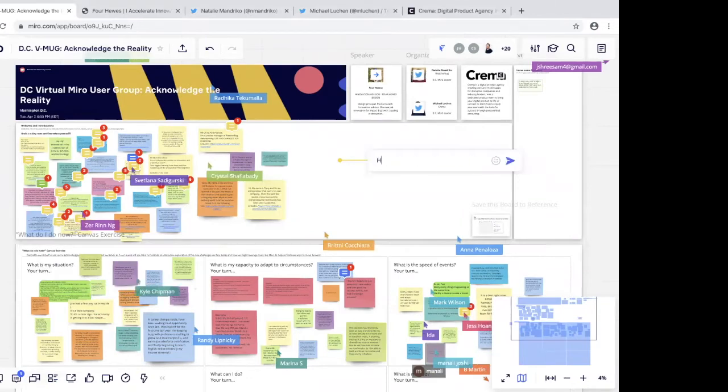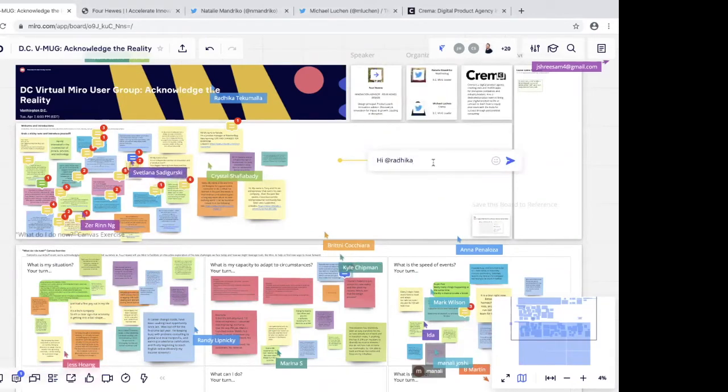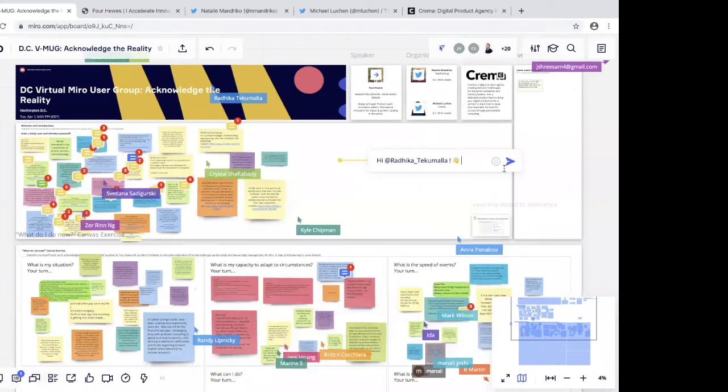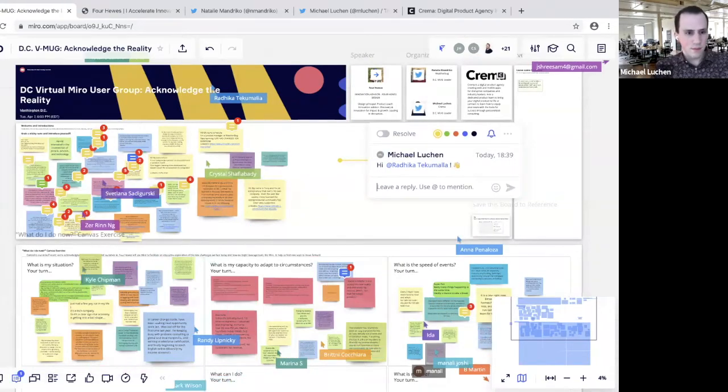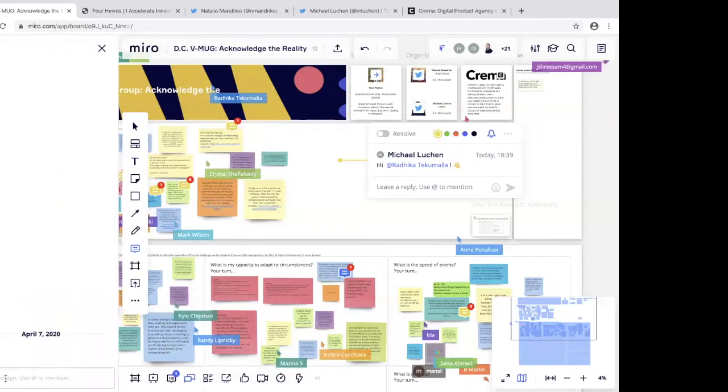There's also the chat feature on the side there. Michael, if you wanted to go there. And then we also have an integration with Slack. So just different ways you can use it.